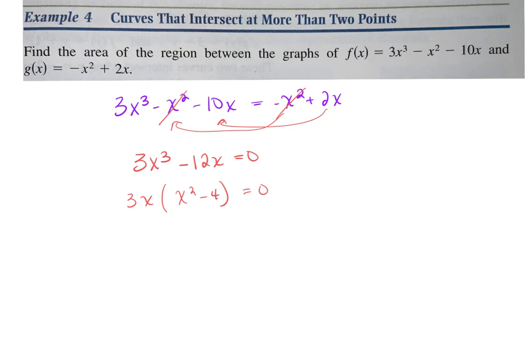And then instead of having 2, like a lower and an upper, you actually have 3. So this is going to be 0, and then this guy is going to give you a positive 2 and a negative 2. So you actually have 3 points of intersection. All right? So when that happens, you're actually going to set up 2 integrals. We're going to go from our lowest point, which is negative 2, to our middle point,